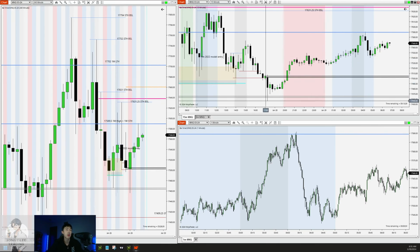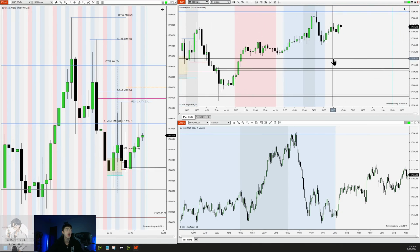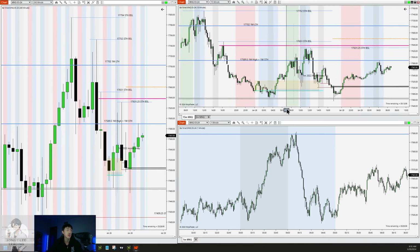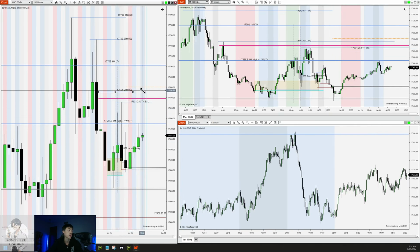Asia range ran from 17,450 to 17,550. So Asia's range actually ran larger. So what are we going to look for today? Well, I'm going to look for signatures which allow me to take this higher to attack these relative equal highs. You can kind of see how this looks really suspect right there, right? And also this right above it. I don't know if we're going to hit this, but